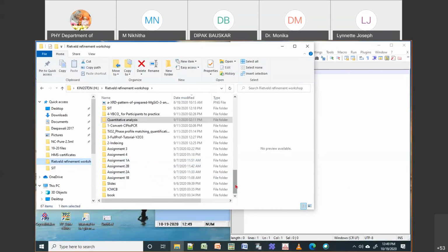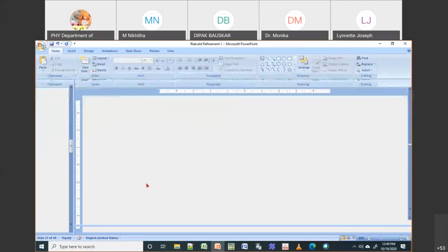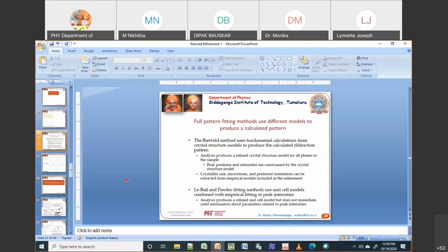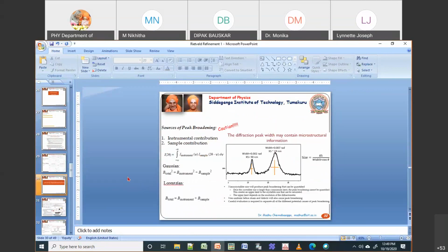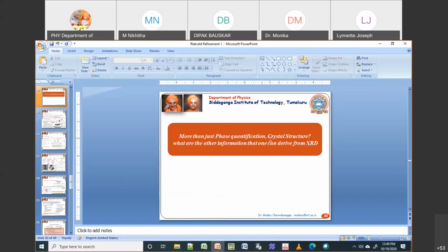And then there is one more concept which I wanted to cover. So maybe I will start with this concept about crystallite size and then strain analysis. Then I will try to do one for multi-phase. If it is fine, and if you have any question, I will take questions.